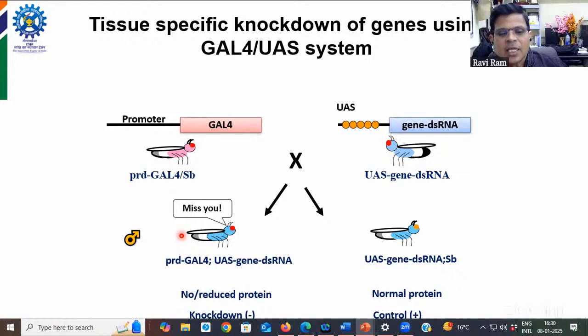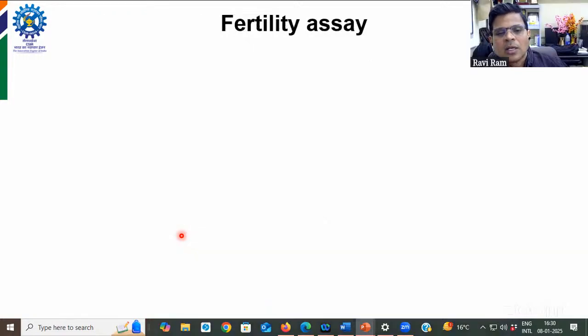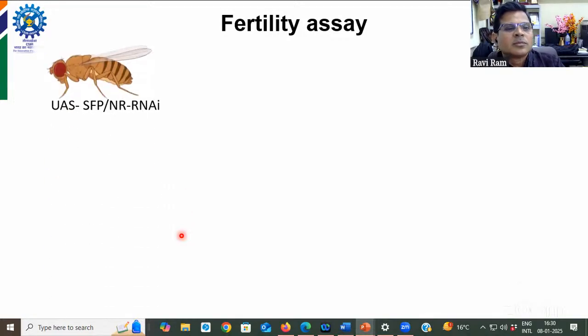So we take these two and set up what we call fertility. Initially, what we look for is, now that we have reduced the expression of one particular gene in a male, whether that reduced expression of that particular gene has any impact on its fertility. How do you test it? You take